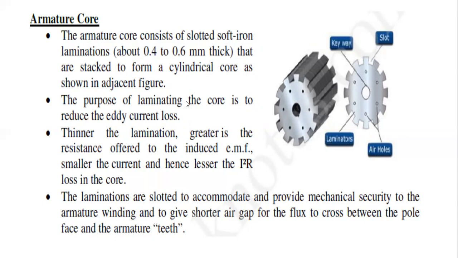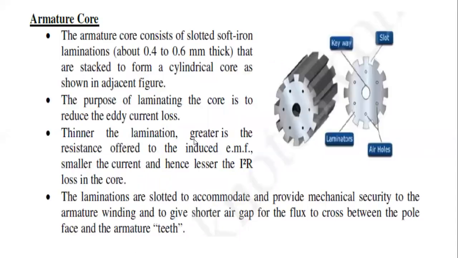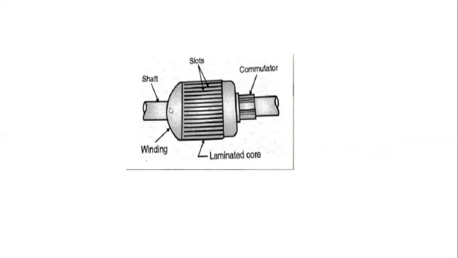The purpose of the armature winding is to cut the magnetic field produced by the field winding. This is the practical view of the armature core, and this is the shaft, and this is the armature,